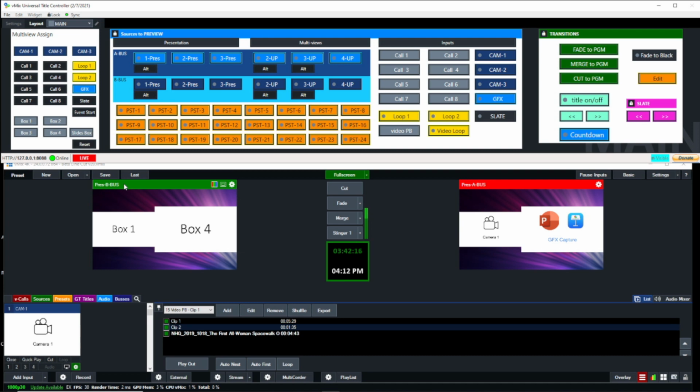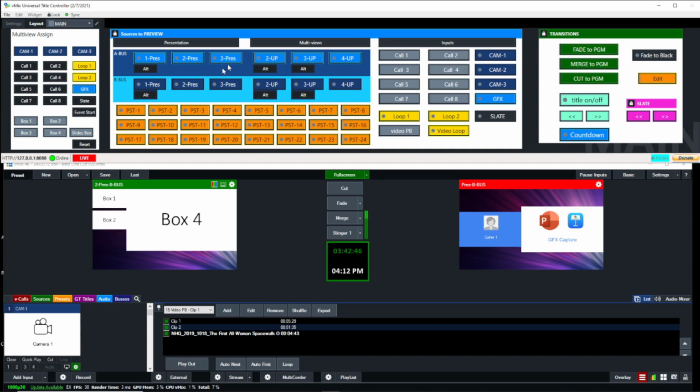So what I can do now is I can still keep the PowerPoint show in box 4, so I can do graphics into here, and then I can put that caller into box 1, call 1, and pop them into box 1. So now Pres B bus has the next person up. So when this presenter is finished and they throw to the next person, we've got them ready to go in the gate, and we can just fade them in, and now they're in program. Then we can do that for all of these layouts